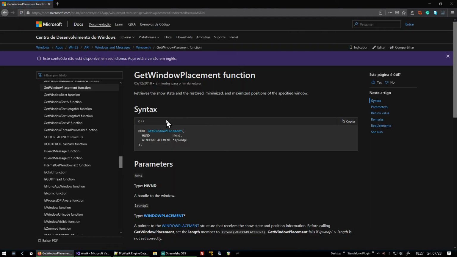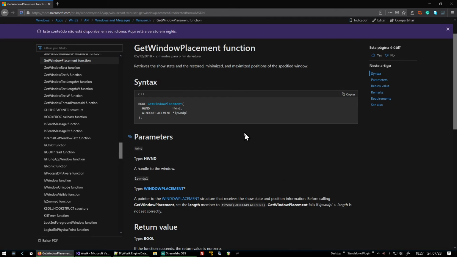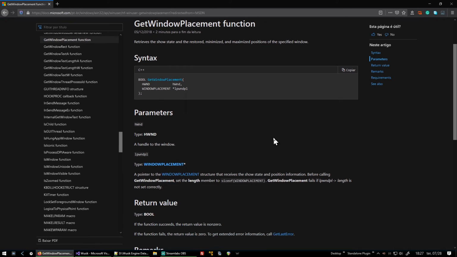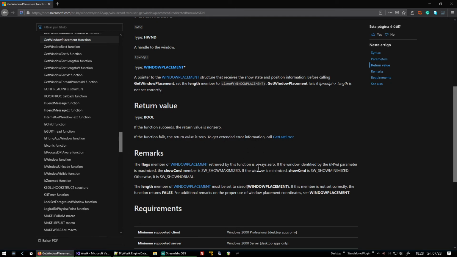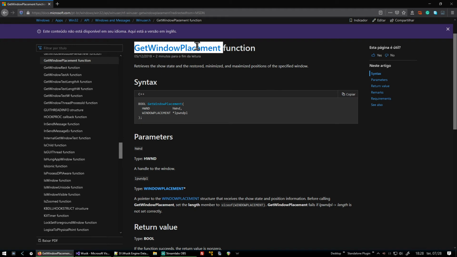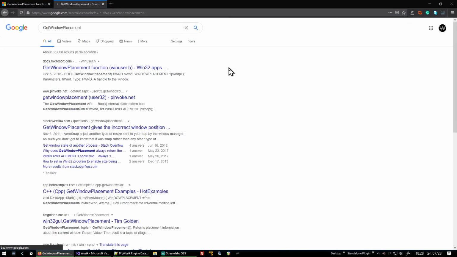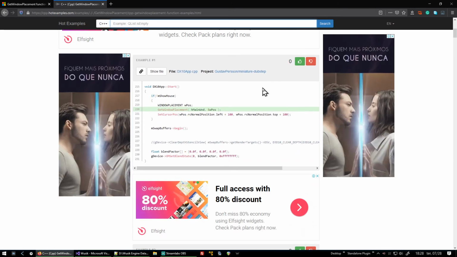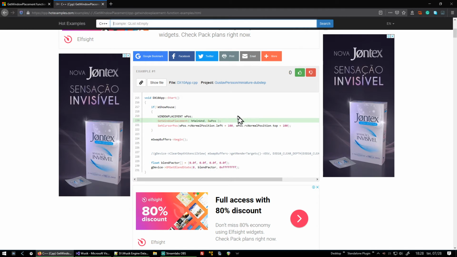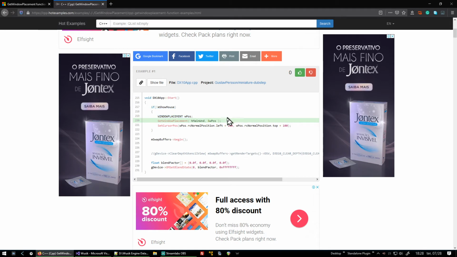I could check this and, oh, I can check. Can use the get window placement. Check for maximized. If I can find an example. Well, it seems very straightforward. This is another thing I can check